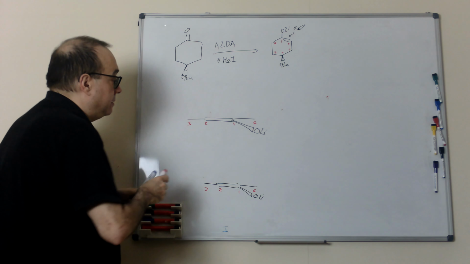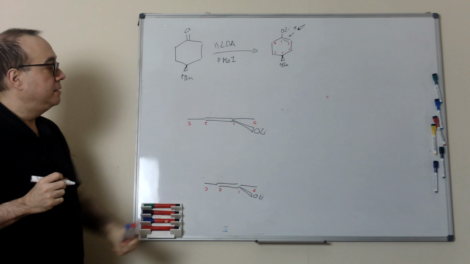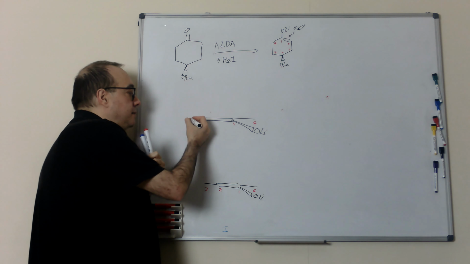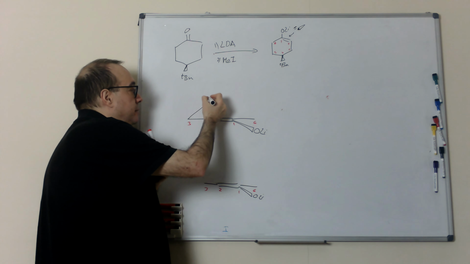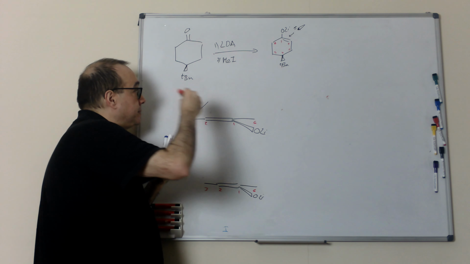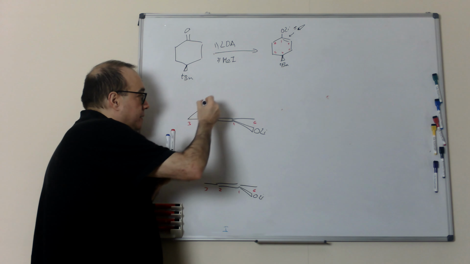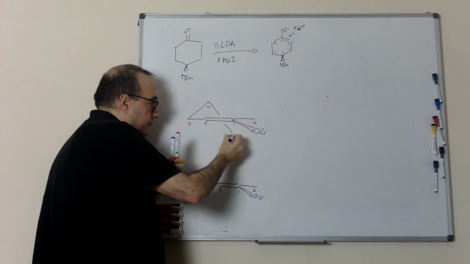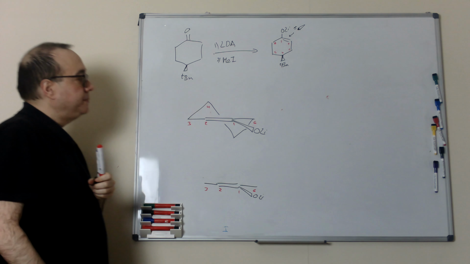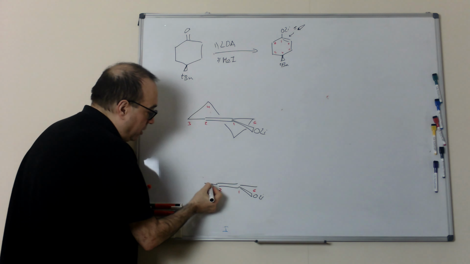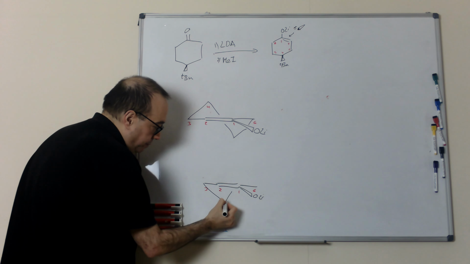And then I draw the rest of the half chair transition state. I can go up or down. Here I will put it up. This is carbon number 4. Then okay, this will be 1, and the other, if I go up here, I will go down here to draw the other possible